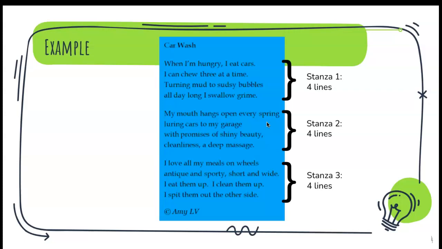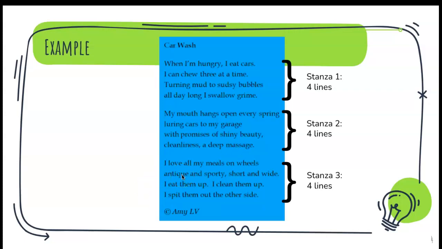Just this weekend I drove by a couple car washes and they were totally packed. I mean, lines out to the road. And so I was thinking of all of these cars that I see that are going in. When I heard this massage, obviously that's a type of personification. Humans can give and receive massages, not car washes. But immediately I'm thinking of all of the scrubbing and the brushes that happen when your car goes through a drive-through. A car wash, I mean.